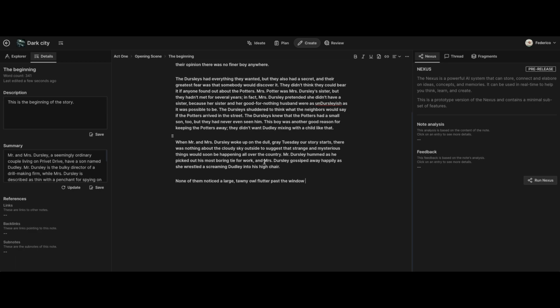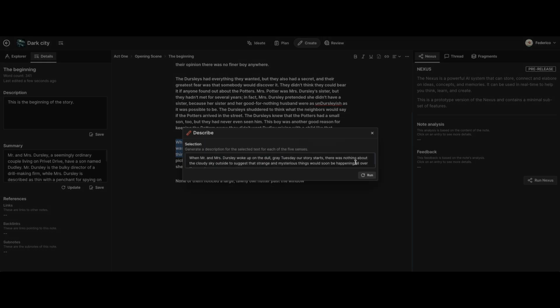We also have commands selecting a certain piece of text and asking AI to help us out. So if I click on Ask AI, we can use describe or rewrite. Now, the describe, if I click on describe, here it's going to produce some description of the selected piece of text, which is this one here, for each of the 5 senses. Okay, so if I run this command,